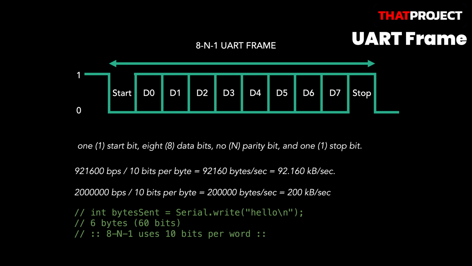How many bits will it send for 5-letter string including a new line via UART? We've heard about the 8 and 1 for serial setting. 8 and 1 is a common shorthand notation for serial port parameter setting in asynchronous mode. That is 1 start bit, 8 data bits, no parity bit, and 1 stop bit again. This UART frame is the most common configuration for PC serial communication today. If you haven't modified your serial settings, it's set to default with 8 and 1. Let's say you send 5 letters of the hello string and the new line in the serial communication. 6 bytes will be sent, which is 60 bits.